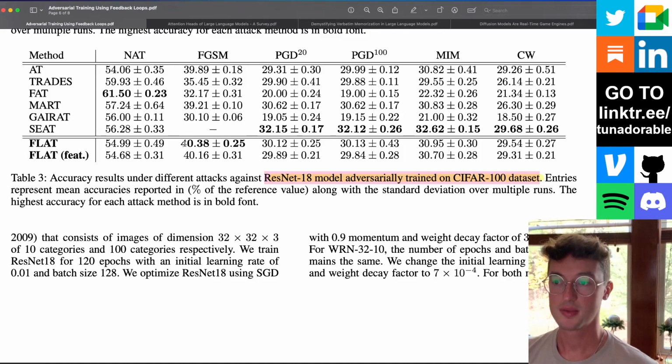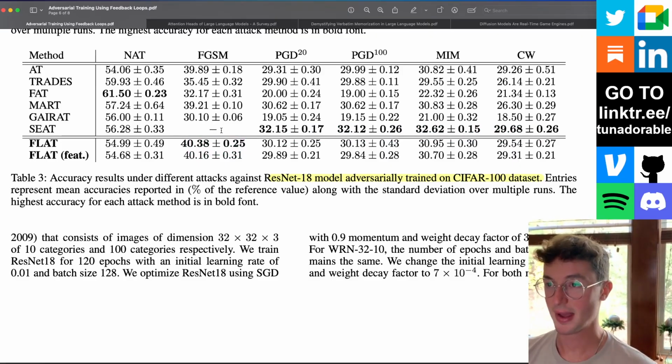It's curious, it does succeed in one of the attacks, and it seems that a different method, sorry, SEAT actually performs best in the rest of them. But that SEAT method, for some reason, just doesn't have any mention of anything on the one attack that we've done best on here.